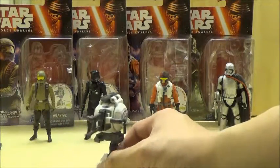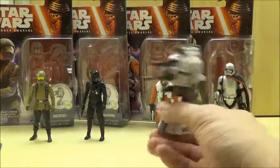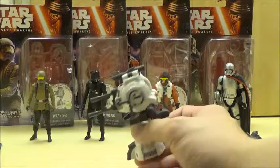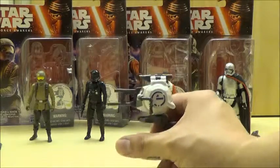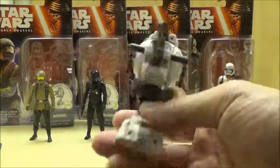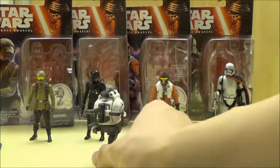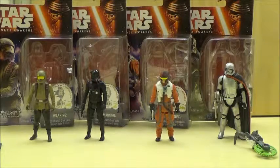Otherwise, it could probably just be an automated cannon, which works a lot better personally than anything else, since there isn't really any way to hold it in the correct way. But as I mentioned earlier, this really isn't the worst build-up piece out there, although it really isn't that necessary if you don't really care for it. But anyways, that's pretty much it for the space and the forest assortment of the 3.75-inch first wave of the